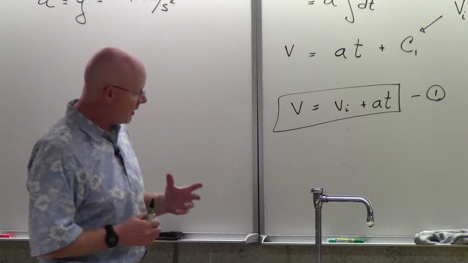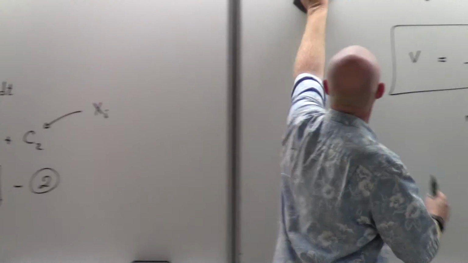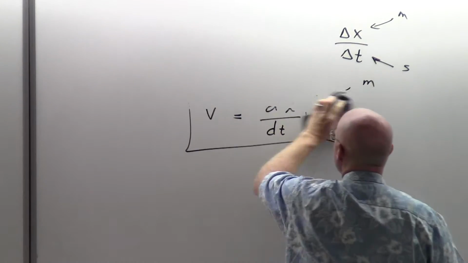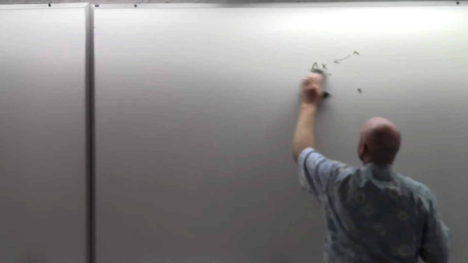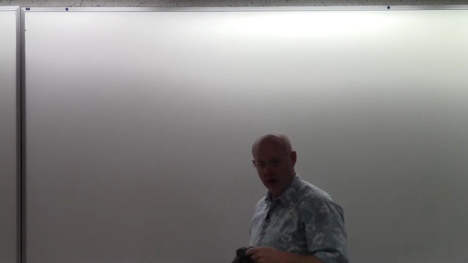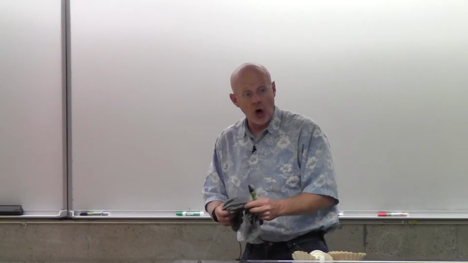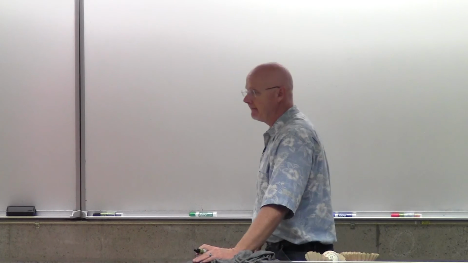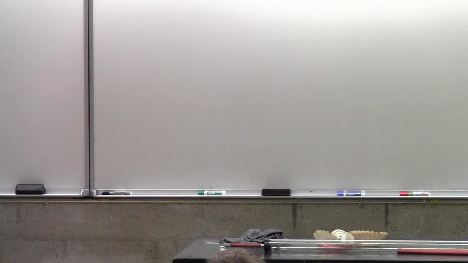In fact, as long as we're here, let's do some more mathematics, because there are some problems that often say something like this. Let's take a race car, for example. You take a race car at the starting line, so it starts from rest. You could even call the starting line the initial position. So we know its initial position and we know its initial velocity. Okay? And we say something like, okay, the race car